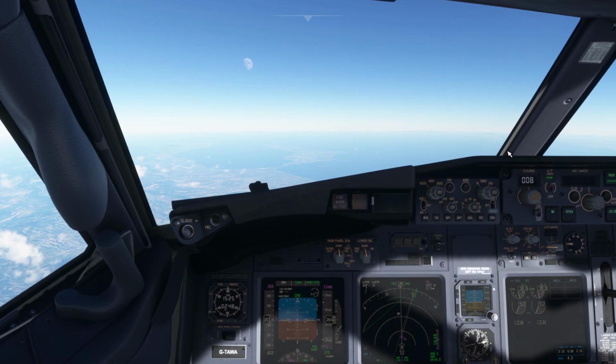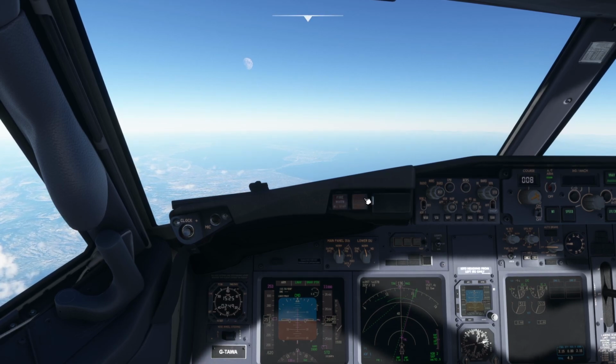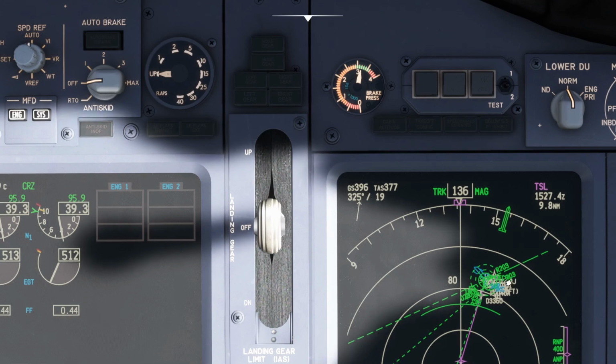Okay, so we've just made contact with Athens. We're inbound to Thessaloniki, and we've been given an initial descent of flight level 110. Now, sort of the closer we get, the nicer those fixed rings